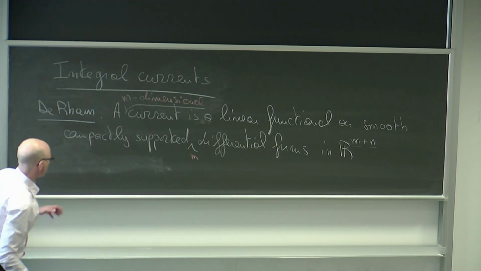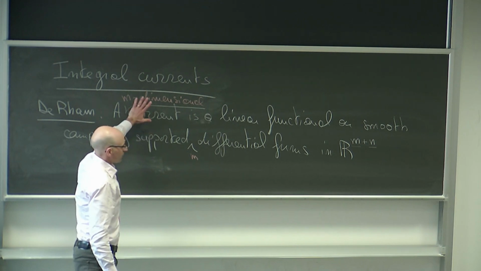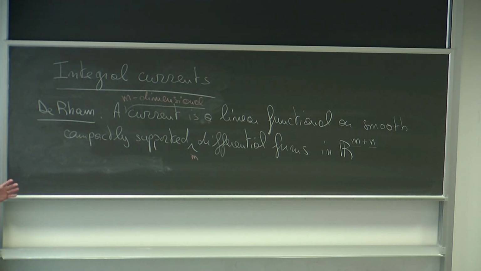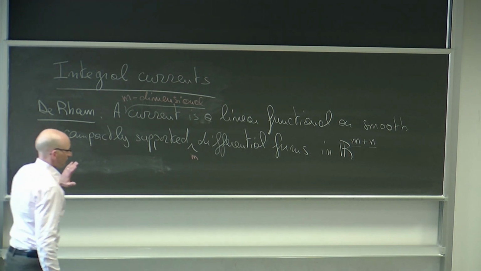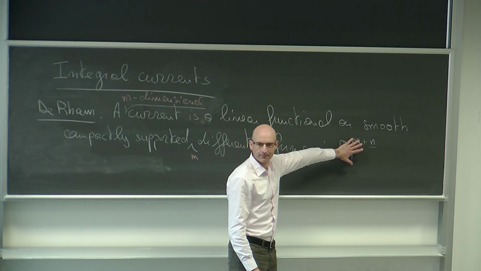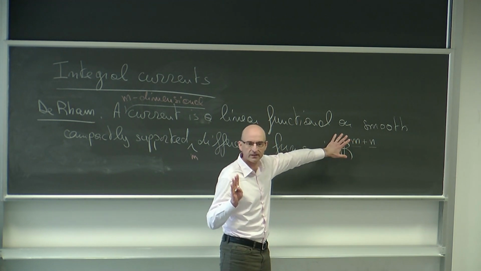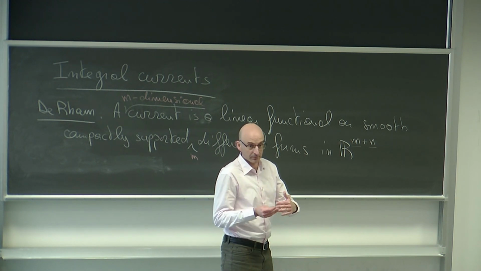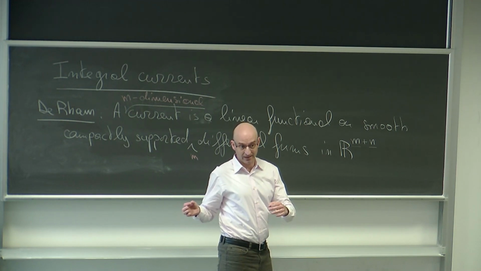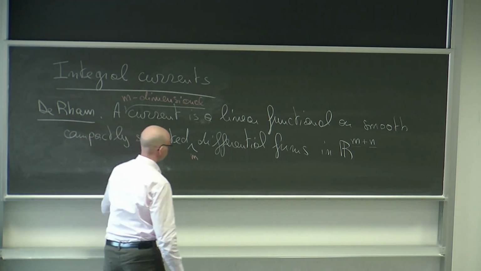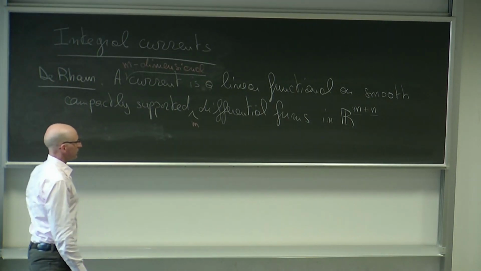Okay? So later on, I will also tell you that actually I'm going to look at currents which are inside a Riemannian manifold. I'm just going to do something which is really suboptimal and kind of dirty, but when I'm thinking about being in a Riemannian manifold, I actually think of a Riemannian manifold which is already sitting in some large Euclidean space, which I can assume by mentioning that in the theorem. And then for a current to be inside the Riemannian manifold, it just means that the current vanishes if the form is supported outside of that manifold. Okay? In that way, I don't need actually to discuss charts and things like that.